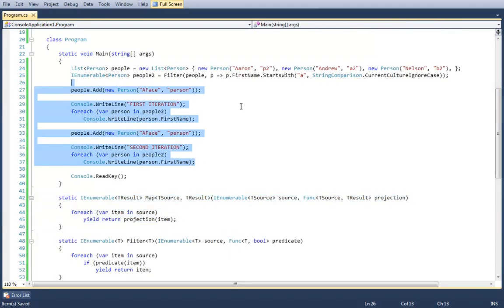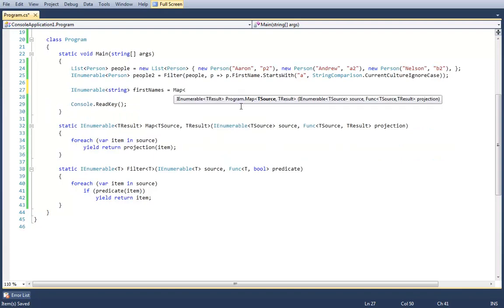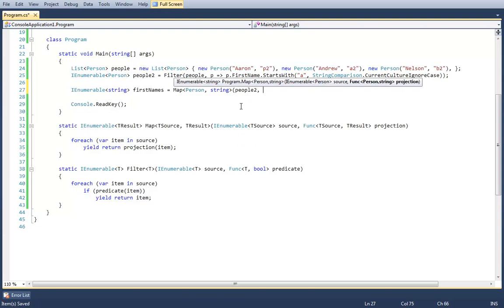For example, let's say I wanted to... Okay, so I've already filtered out all of the people that have a first name that starts with A. Let's say I wanted to grab out the first name for all of those people. And I guess Segfault apparently already beat me to writing out this code. What I can do is say var firstNames, and I'm going to actually do IEnumerable of string firstNames equals map person to string, people2 as the source enumerable, and then p goes into p.FirstName as the projection. Now this could be rewritten like this,